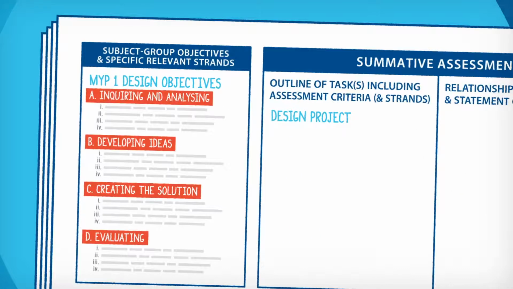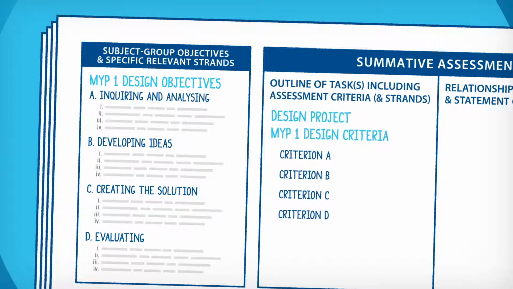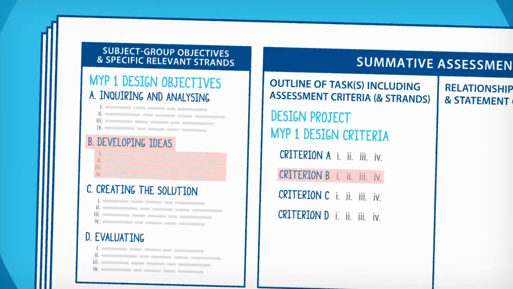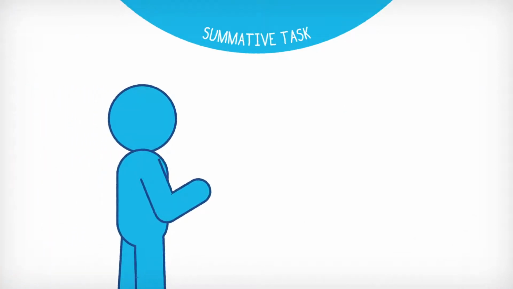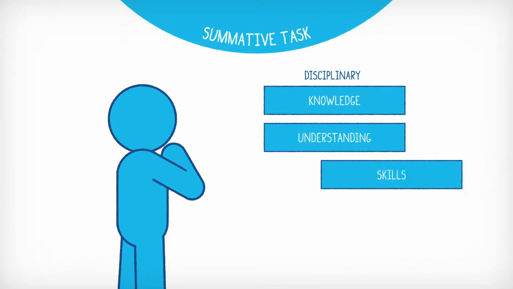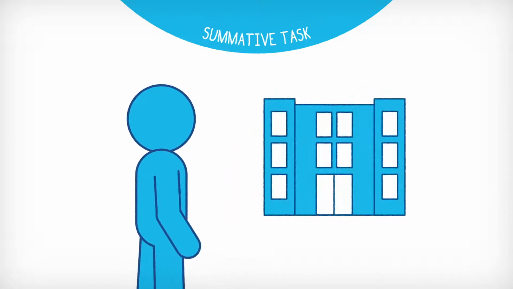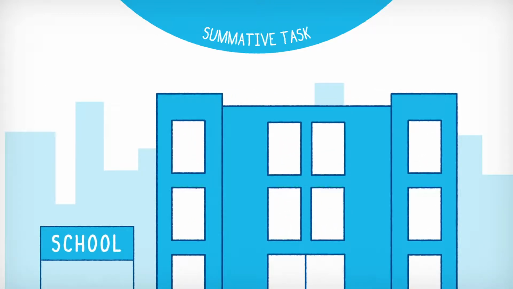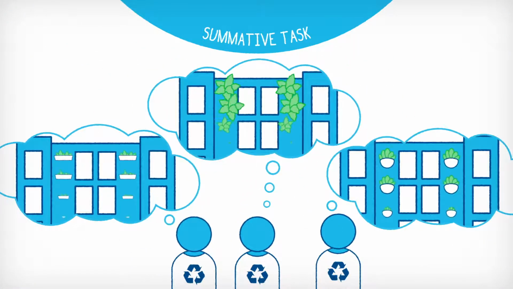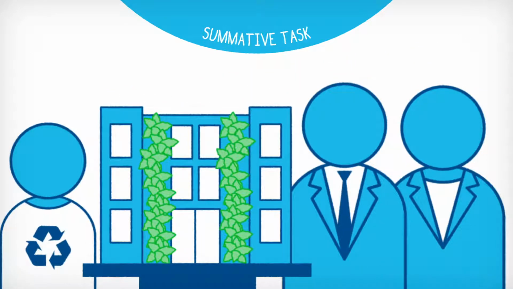Remember, the objectives and objective strands you identify in this section of the unit plan will match the criteria and criteria strands that are used to assess the summative task. In the MYP, a summative performance of understanding involves students demonstrating their disciplinary knowledge, understanding, skills, and transferable conceptual understanding in an authentic way. For example, in this sample design unit task, students might participate in a school greenification project. This type of task could involve students in developing plans and constructing vertical gardens for the exterior of the school